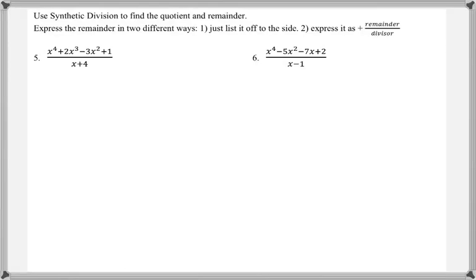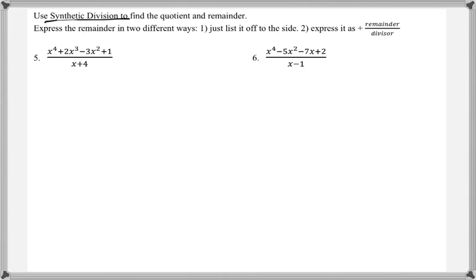So long division can be quite lengthy. So there's a different technique which is called synthetic division, which we can use when we're dividing by a binomial. So our directions are the same. We still want to list it in two different ways, but they want us to use synthetic division now instead